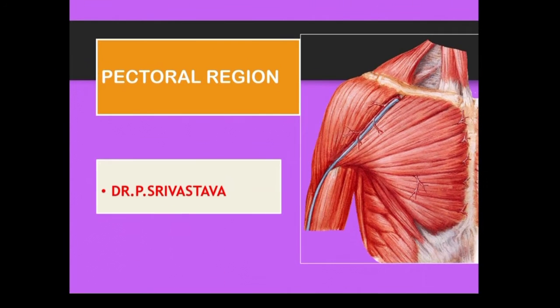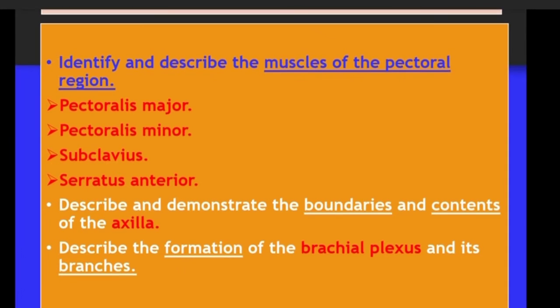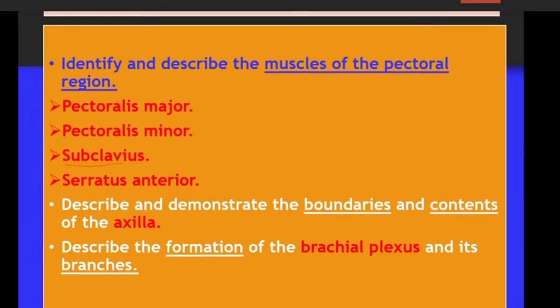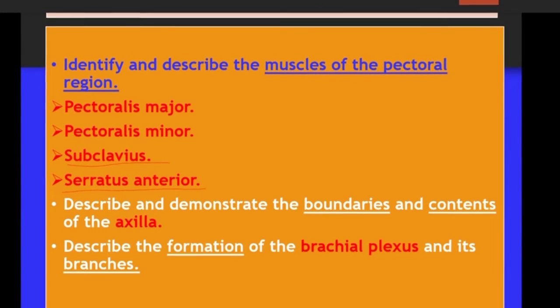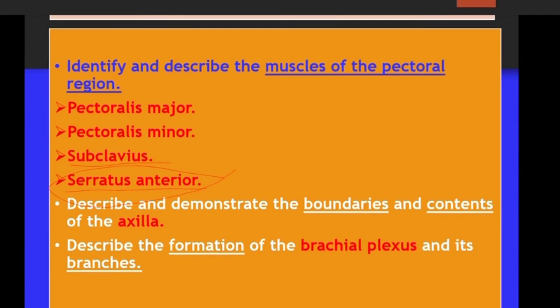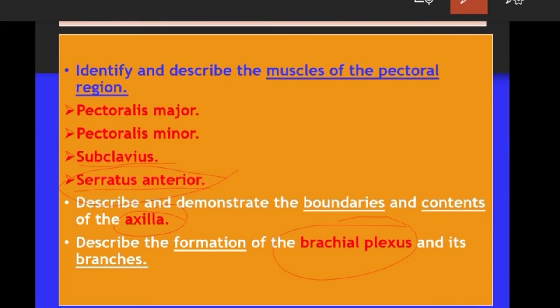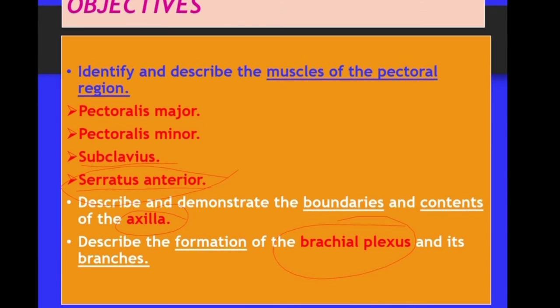Today we will discuss the muscles of the pectoral region. First off, pectoralis major. Second, pectoralis minor. Third, subclavius, and fourth is the serratus anterior. The serratus anterior is not strictly a muscle of the pectoral region, but we will consider it here, and the axilla and brachial flexors we also consider in the pectoral region, right? Now,